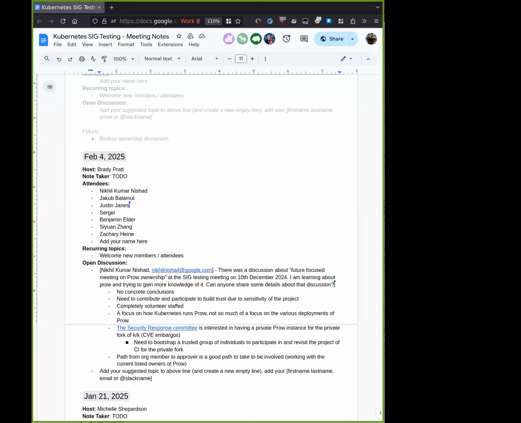So there's not a lot. We actually don't want a lot of feature development there, mostly maintenance-type tasks. So that's kind of hard to get people excited about. Upgrading to the new Go version or something is not as much fun as building a new feature. But we also don't want to put a lot of features in Boskos, because being really reliable is the most important feature. It's managing all of the end-to-end testing accounts,